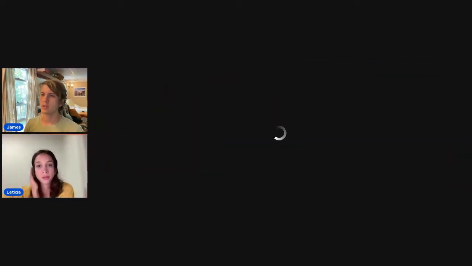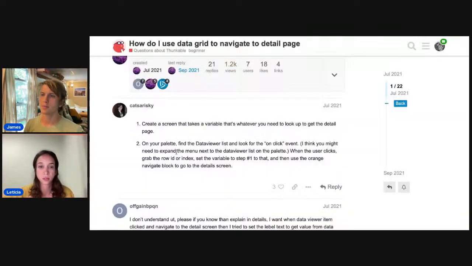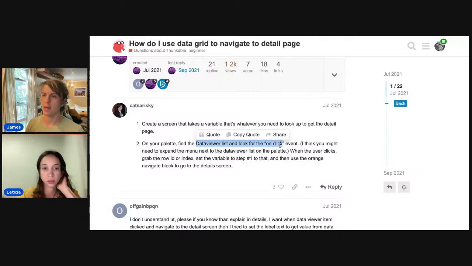So the steps are basically, first, we use a variable so the app can remember what the user clicked on. Then we go to that screen, so we create a new screen. The data viewer has an on-click event.